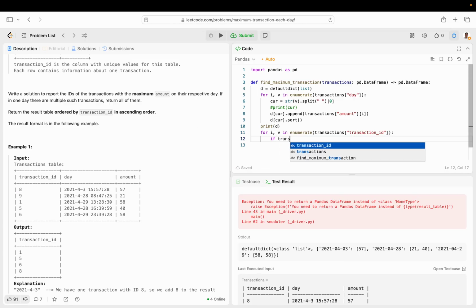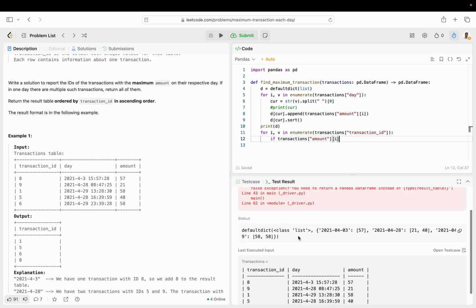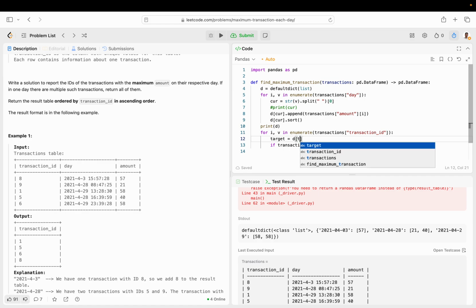So if transactions of amount of i, but we have to make sure what it's equal to. We have to get the current row's day, and then the day's last element in the value of the dictionary, because this is the key in the dictionary, right? So comparing, let's just say target is d of transactions